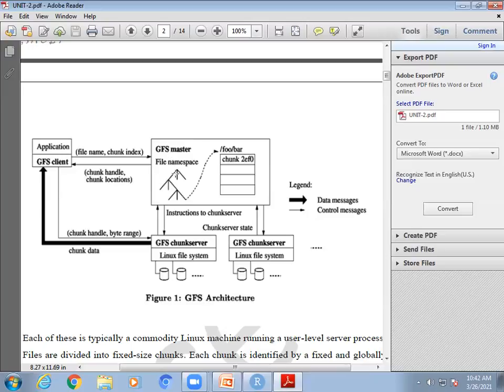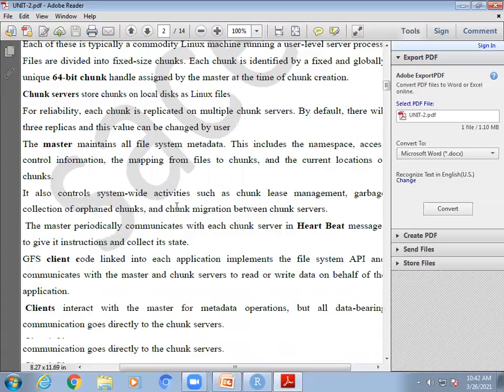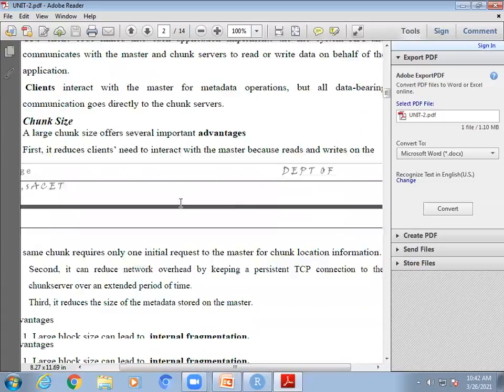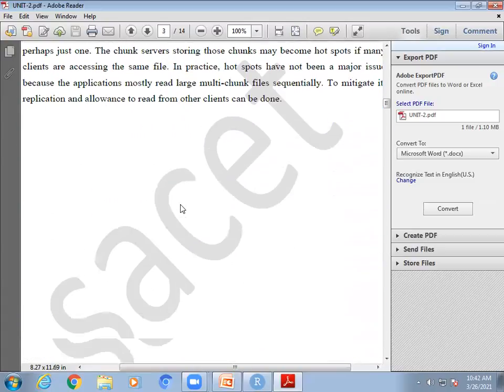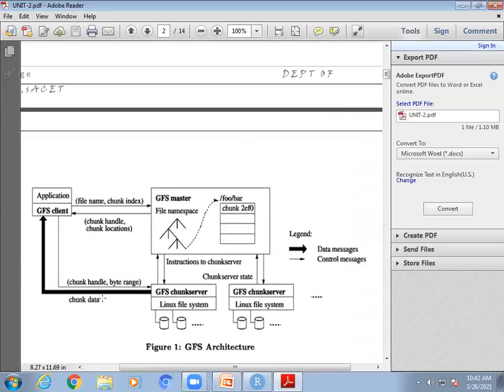So that is what it is. This is one important concept in this architecture. All these points are there here. You just read them out and you will understand. All that I explained is in the architecture diagram. So this architecture diagram is all telling about the Google file system.